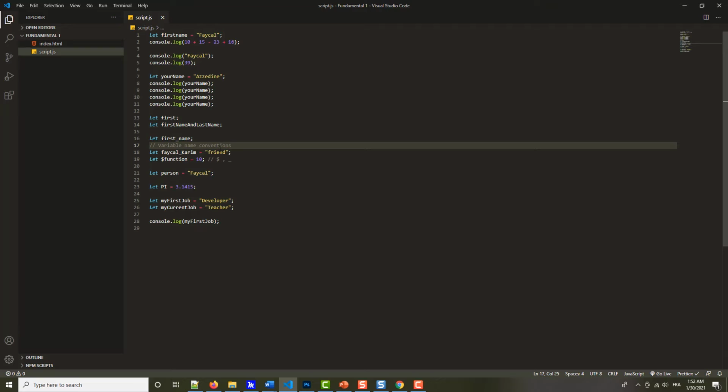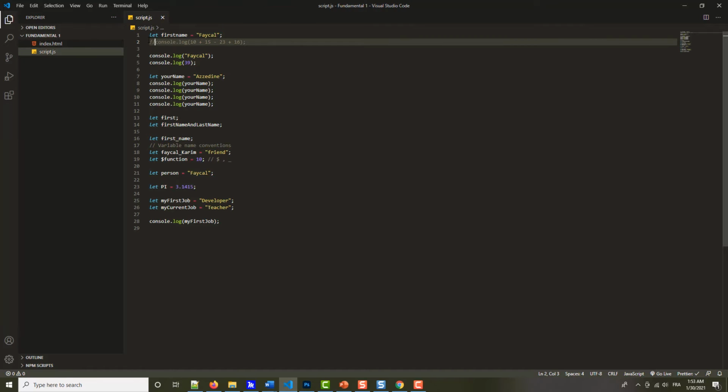So that's a very useful application of comments, but another one is to simply comment out code that we don't want to be executed for some reason. For example, let's say we don't want this code here to be executed, but we also don't want to delete it. So we can simply comment it like this, //